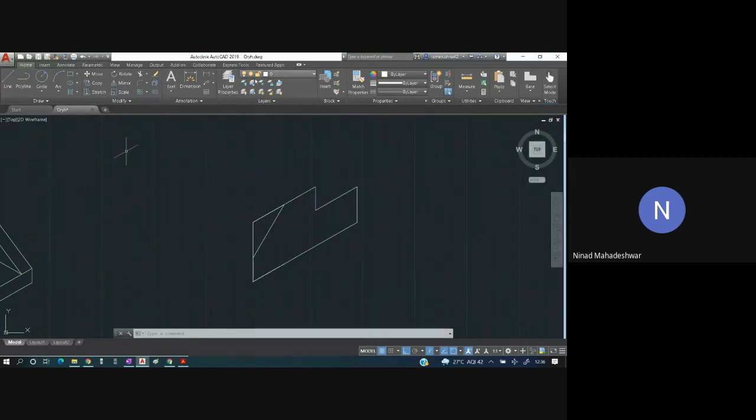If we want to draw this as a center line, we can draw this also. Let's select center line. From this end. Okay, we have drawn a center line. Now this center line will represent what? There is a circular part over there. Okay, this is a center line. Okay, just for explanation I am drawing. There is no necessity of drawing a center line over here. Okay, anyways, once this is done, we have to draw a semicircle.